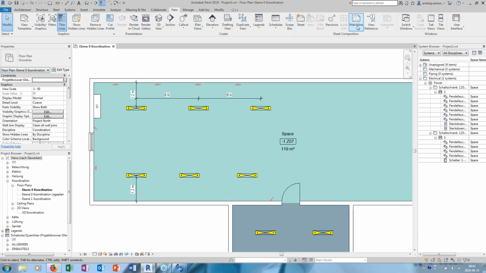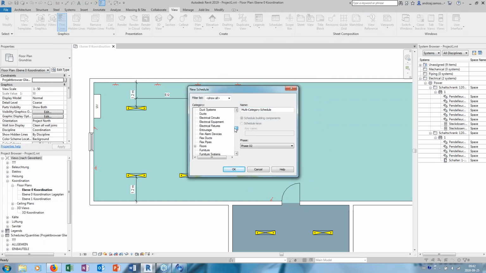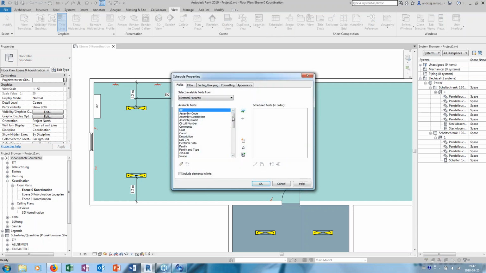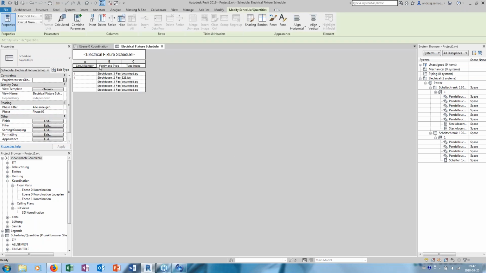Electrical fixtures, once again, view, schedule, electrical fixtures, okay. Let's say circuit number, family and type, and type image. Sorry, remember that this is not image, but type image. Okay, so these three. If I hit OK,